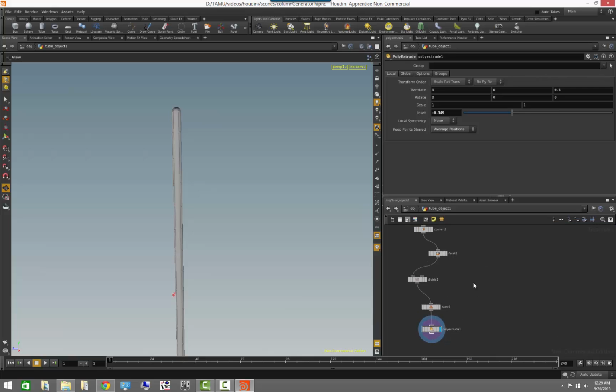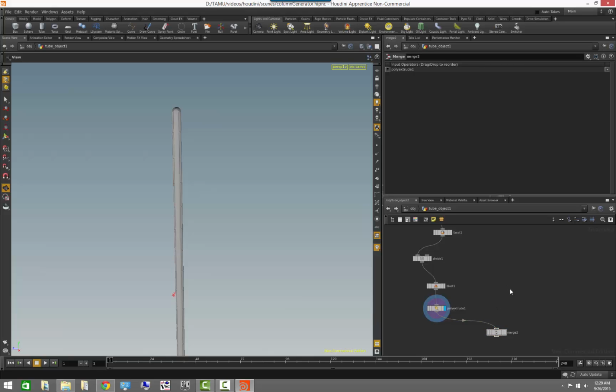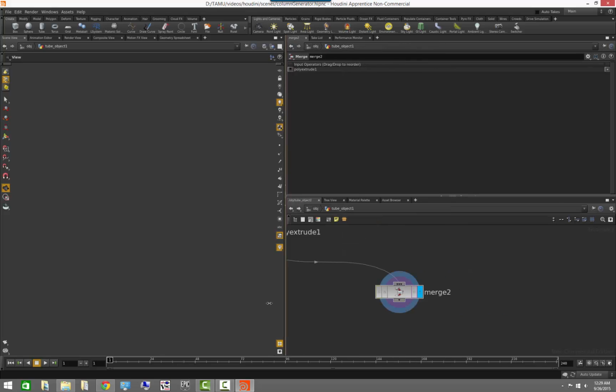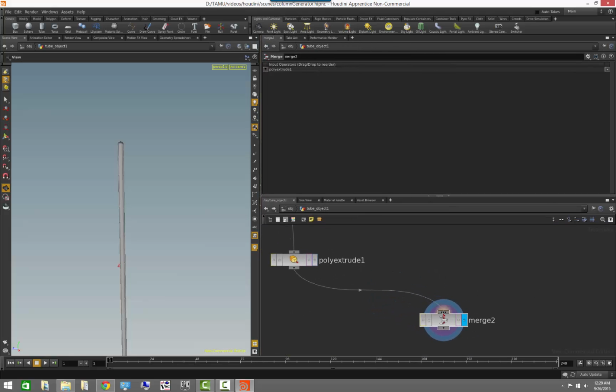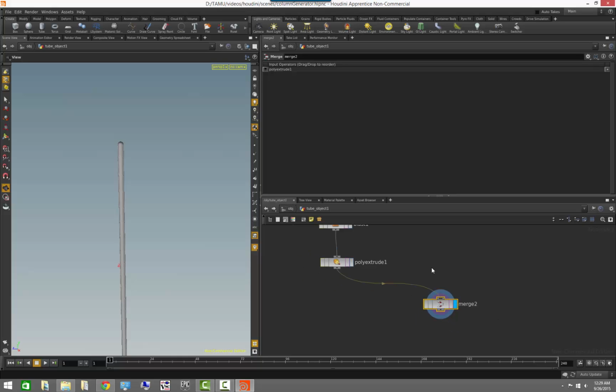So at this point we can merge the groove with the actual panel. If we do a merge operator, we can do so. Now you will notice, if we look very closely at the merge operator, that although it looks like it has only one input, the merge operator has 3 little arrows on its input, whereas the poly extrude has only one. When you see this, that means this is a multi-input operator plug,